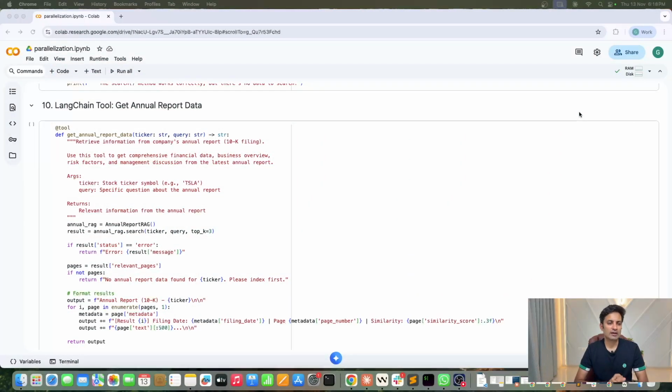Alright, welcome back. Now part 2 of the design pattern called parallelization. So we looked into how to build 3 different tools or 3 different services. One is annual report, second one is earning calls, and third one is company presentation. Although company presentation was not implemented, I just left it as a placeholder. The idea is just to show you that this can be implemented in a similar manner, but here the challenge was